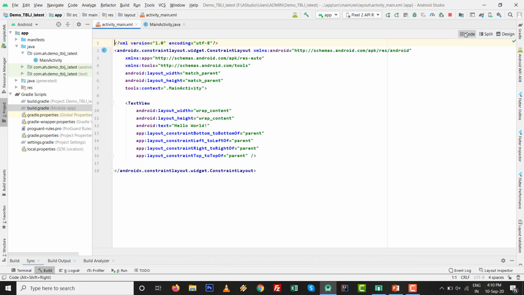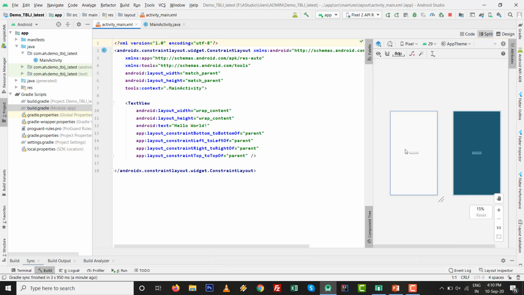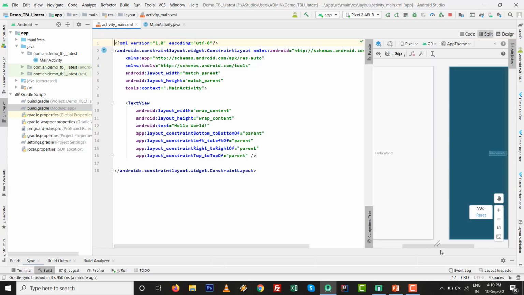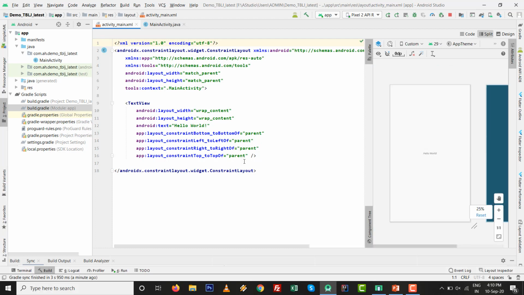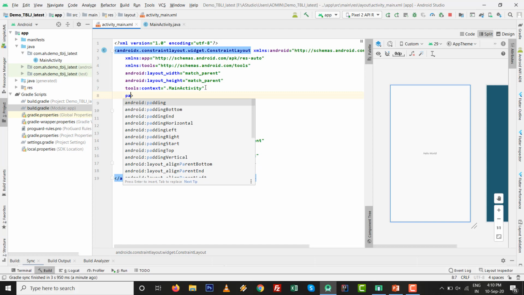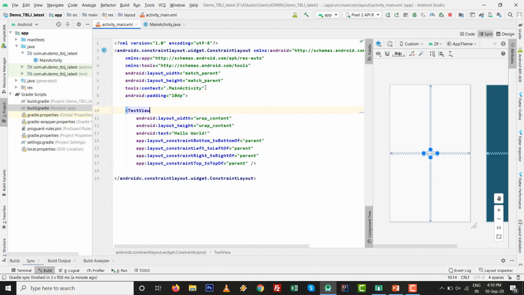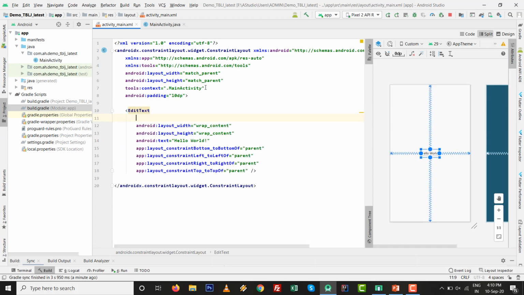Go to activity_main.xml, and over here I increase the size. First I type padding of 10 dp. It will take some time to design the task because it is part of programming. For the edit text, I type the id, @+id/edt, with whatever number. I want 2 edit texts in a row, so that's why I am typing this.